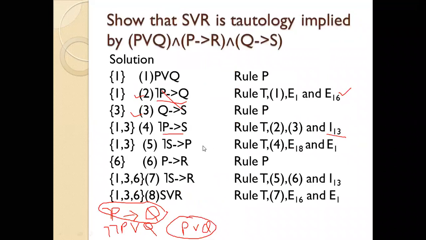So now here for this fourth one, E18 and E1 gives us this. So negation of P, it becomes P here. S becomes negation of S. जैसे यहाँ देखो, अगर आपके पास में if you have P implies Q, E18 क्या बोलता है? P implies Q is equivalent to negation of Q implies negation of P.